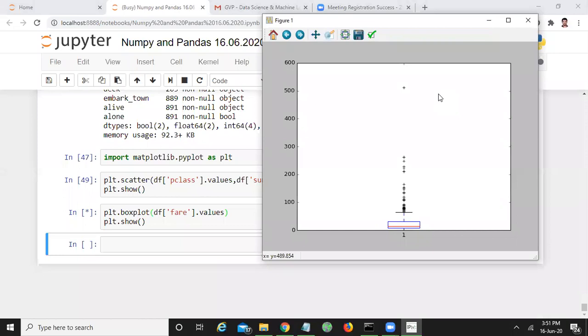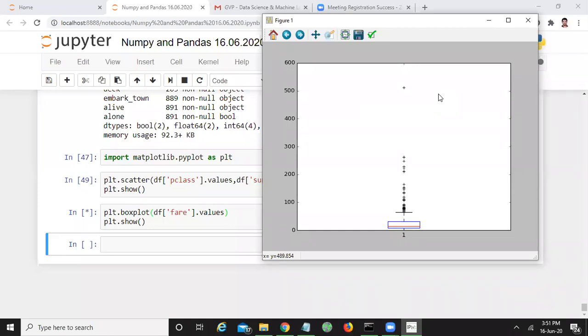Box plots are very useful in order to find outliers. Outliers means the data items or examples. Each and every passenger is an example, or you can consider each and every record of the data set as a passenger.